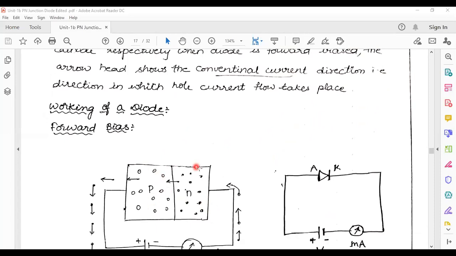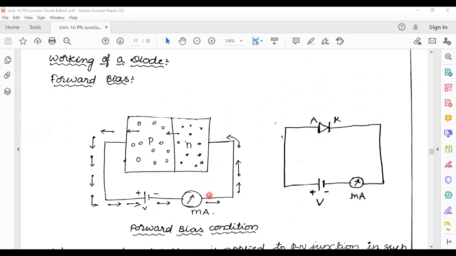This is the forward bias condition, first one. Forward biasing concept of p-n junction diode. Let this be the p-type material and this the n-type material. It is connected with some voltage supply. In between, an ammeter is also connected. Ammeters are connected in series, so that the constant flow of current can be measured. Here, the p-type material is connected to positive and the n-type material to negative. This biasing condition is known as forward bias condition.